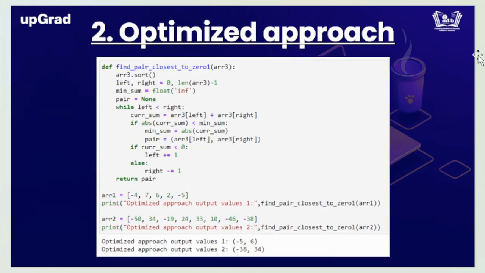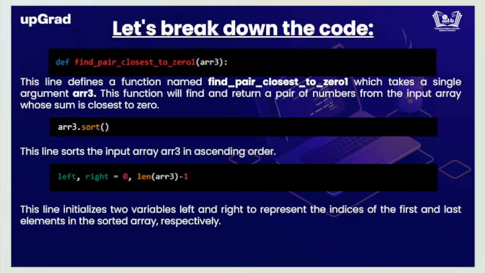Here is the optimized approach code for your reference. We are breaking down the code for more understanding for everyone. The first line of code defines a find pair close to 0 function which takes an array as an input, and after that the input array is sorted through the sort function, and after that the next line of code